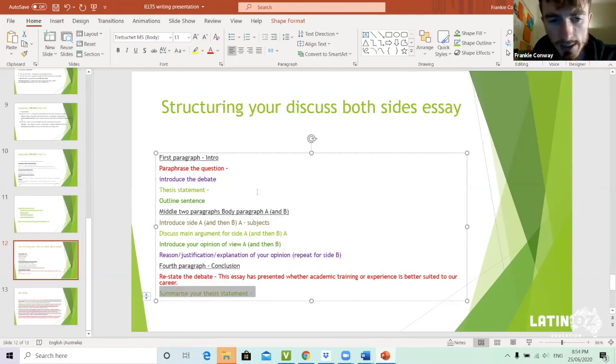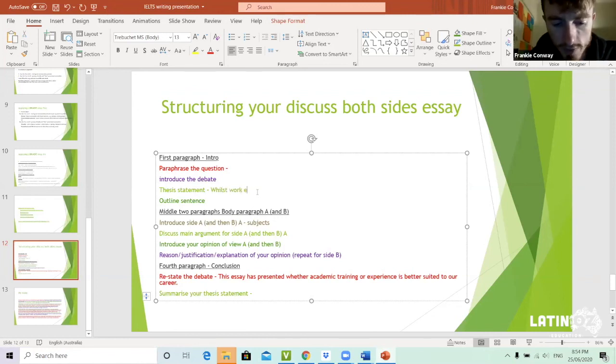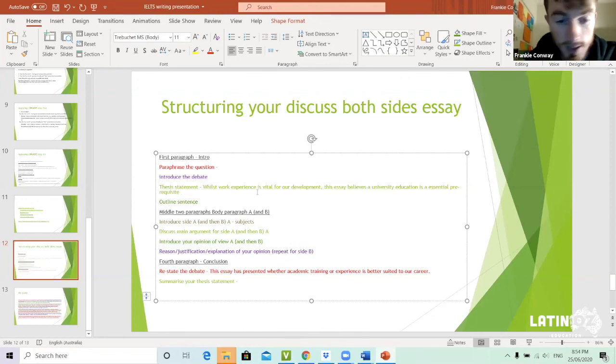So let's say you said, whilst work experience is vital for our development, this essay believes a university education is an essential prerequisite. And then in the conclusion, you could say something like, this essay argued that